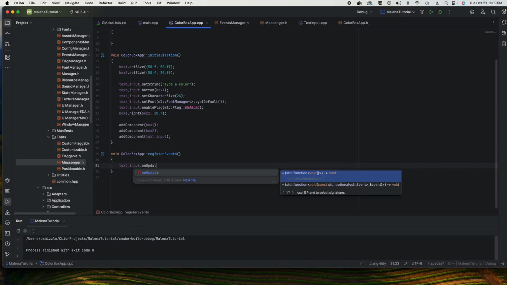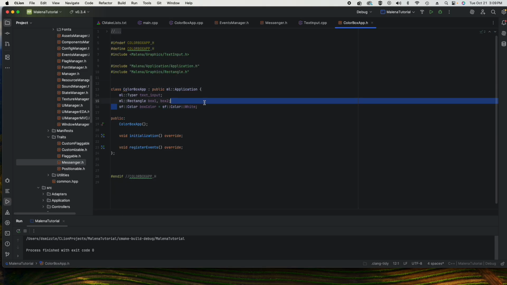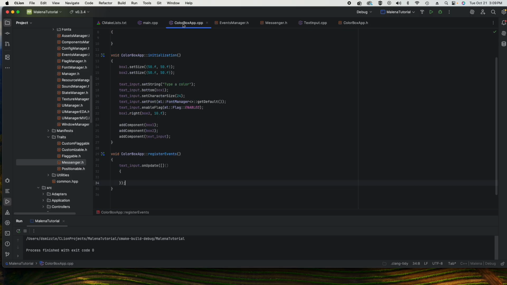And basically what I want to say is on update, I want to look at the string that has been typed inside of this text input, and if it is one of the colors that I'm going to put inside of the map, then I'm going to change my box color. If you recall, I have a variable here called box color. I'm just going to change this color to whatever the user typed. So to do this, I am going to